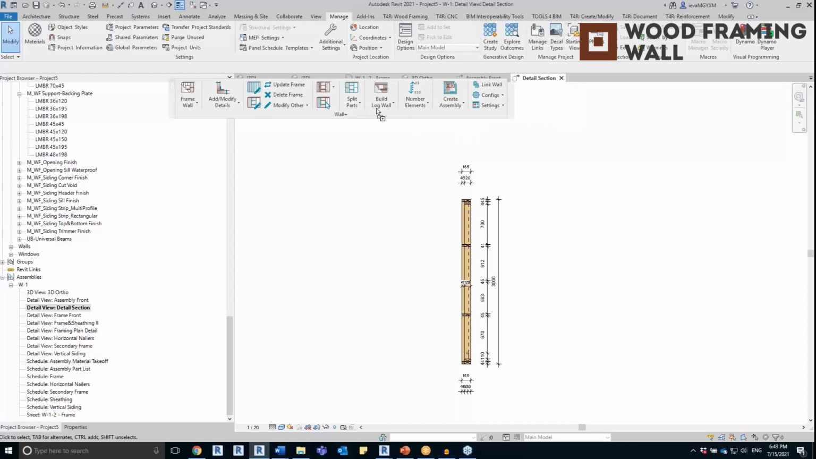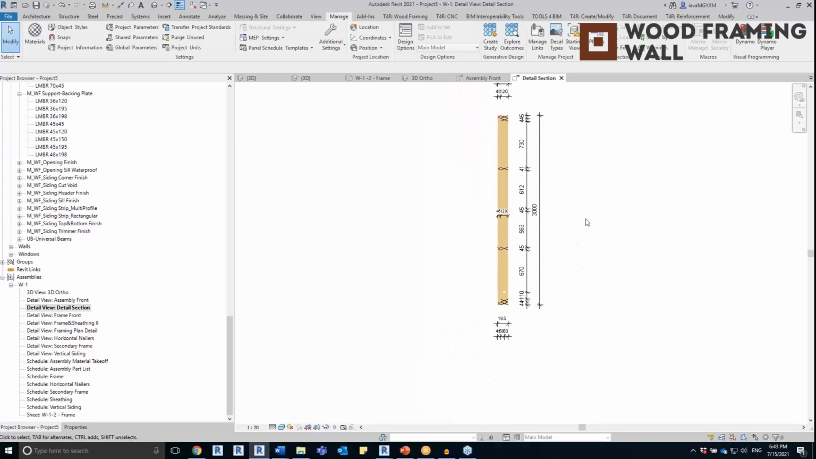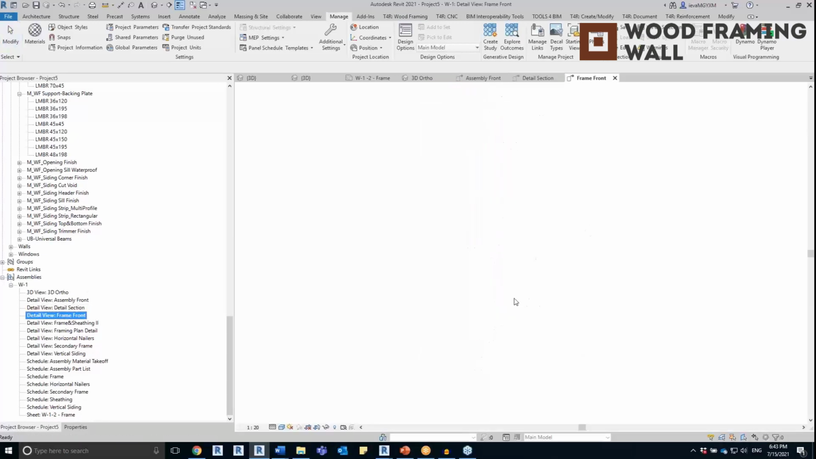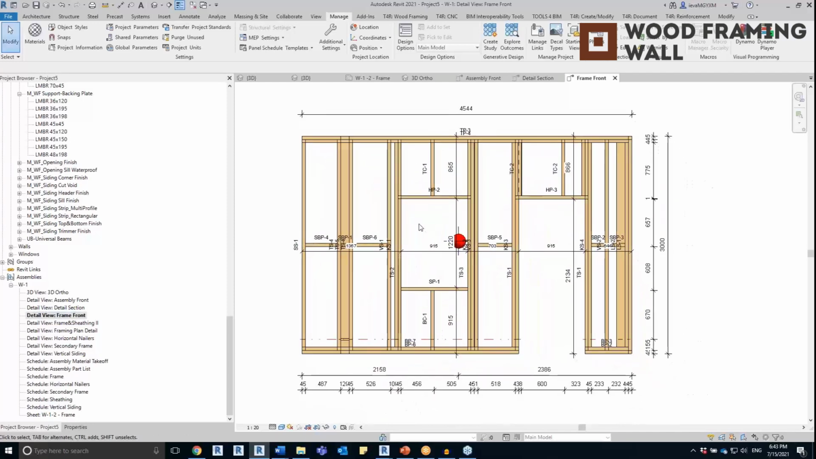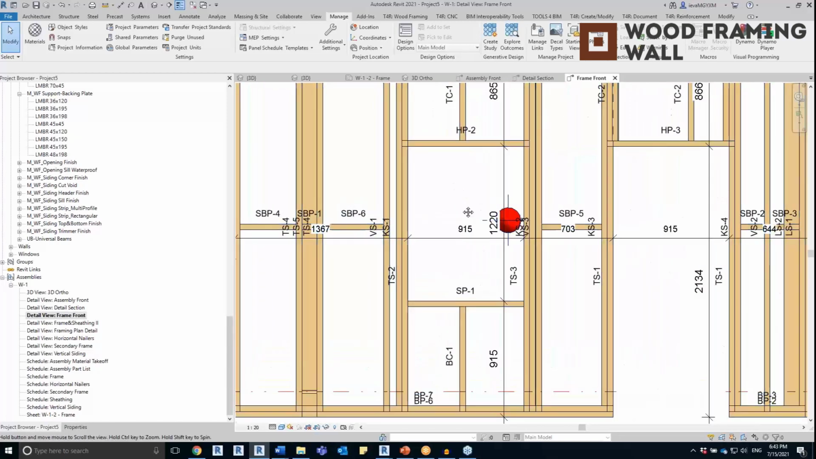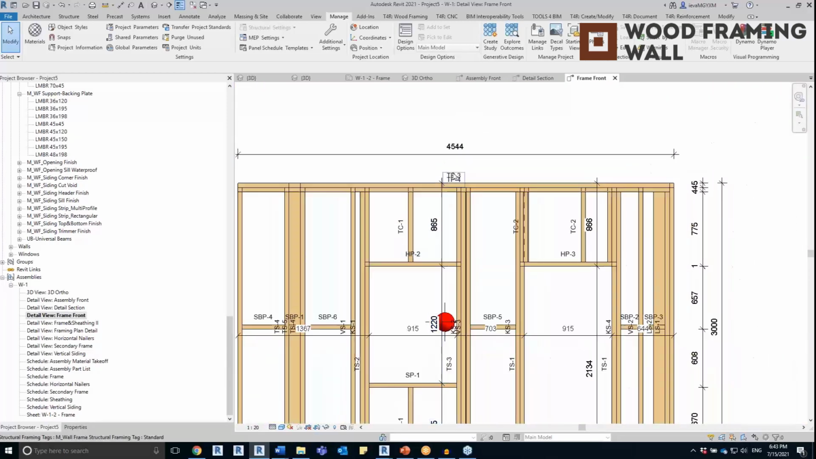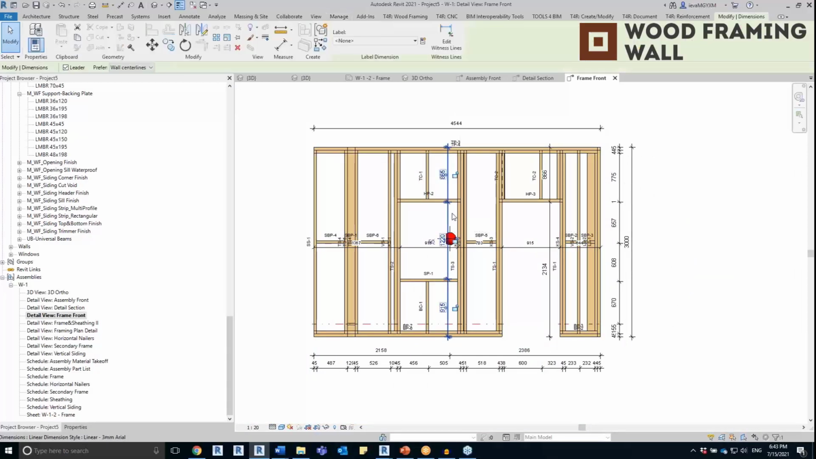You can see all elements are automatically dimensioned. Then I have the frame front view, again with the dimensions added automatically. All elements are also tagged. So this is the bottom cripple, the vertical stud, king stud. I have the header plate, the top plates, the gravity point is here, and I even have separate dimension strings